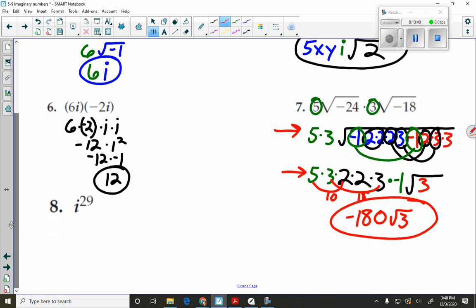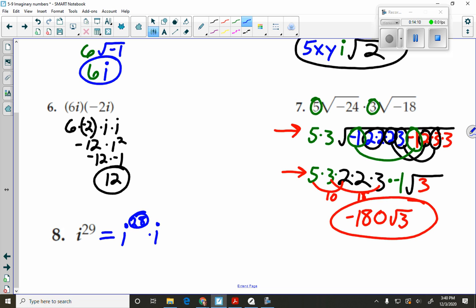Keep looking at that. And then if you have problems like i to the 29, remember, it's about the powers of 4. 29, it's like The Price is Right. What is the closest multiple of 4 without going over? And I would say this I could write as an i to the 28 times one more i gets me to 29. Okay, so because this is a multiple of 4, that's going to be